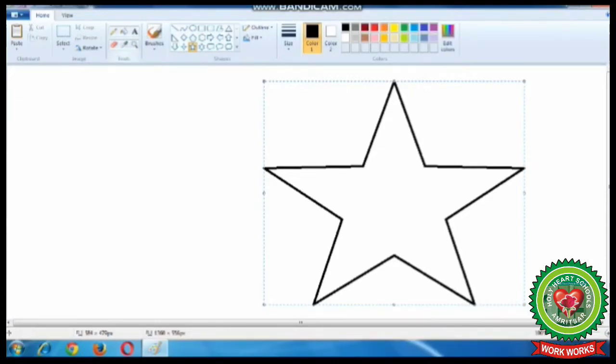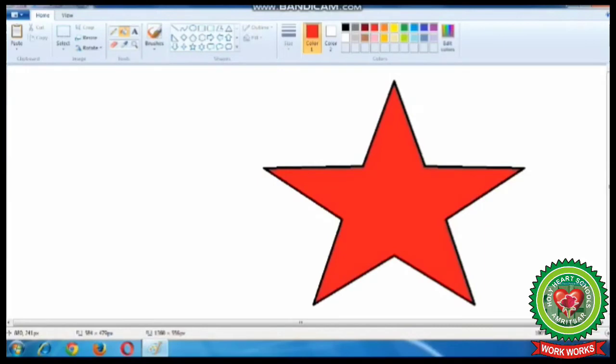After making the shape, we will fill colors in it using fill with color tool. After that, choose color from the colors group. Like I have chosen red color. Now, inside the shape, click. So the color is filled inside the star.